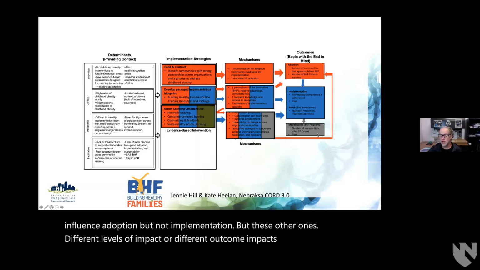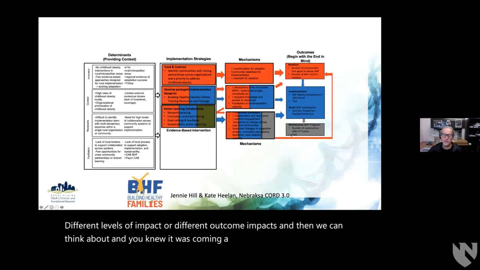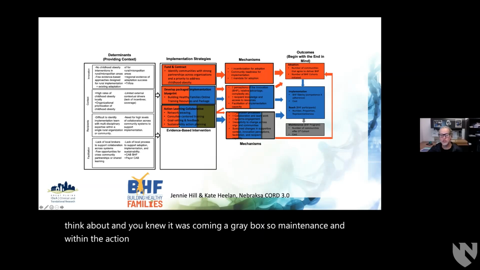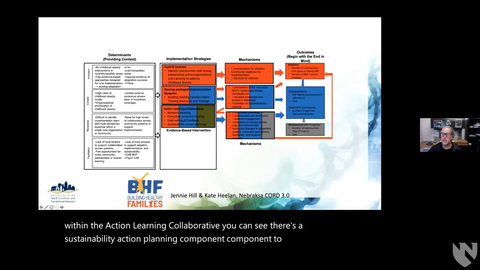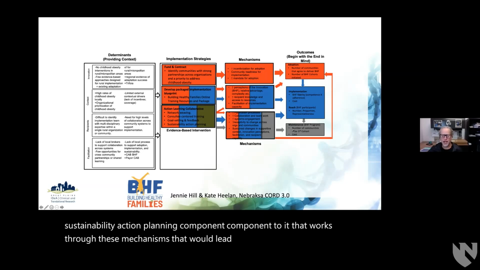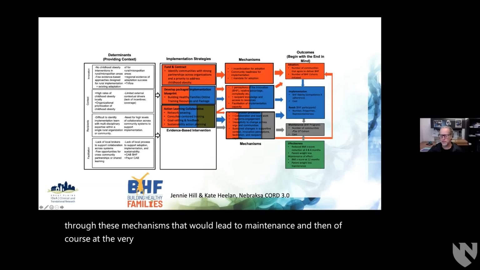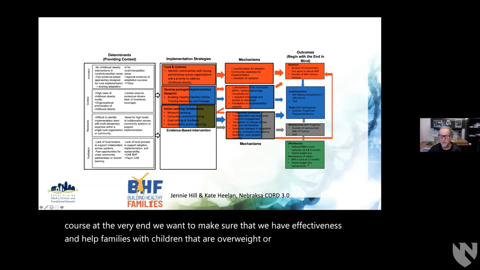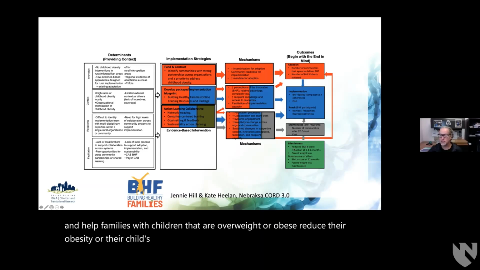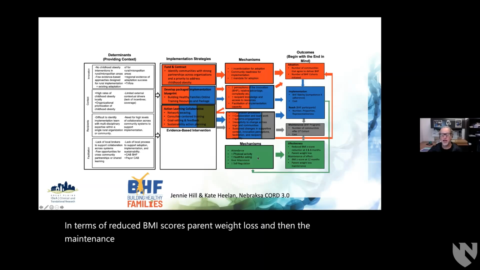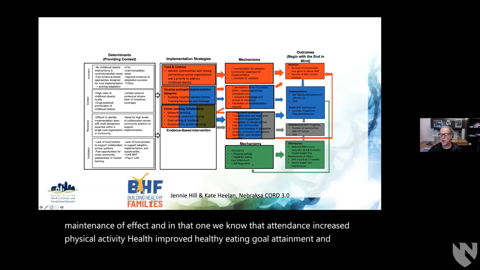And then we can think about, and you knew it was coming, a gray box. So maintenance, and within the Action Learning Collaborative, you can see there's a sustainability action planning component to it that works through these mechanisms that would lead to maintenance. And then of course, at the very end, we want to make sure that we have effectiveness and help families with children that are overweight or obese reduce their obesity or their child's obesity. So we look at effectiveness in terms of reduced BMI-Z scores, parent weight loss, and then the maintenance of effect. And in that one, we know that attendance, increased physical activity, improved healthy eating, goal attainment, and self-regulation are all of the mechanisms that would lead to